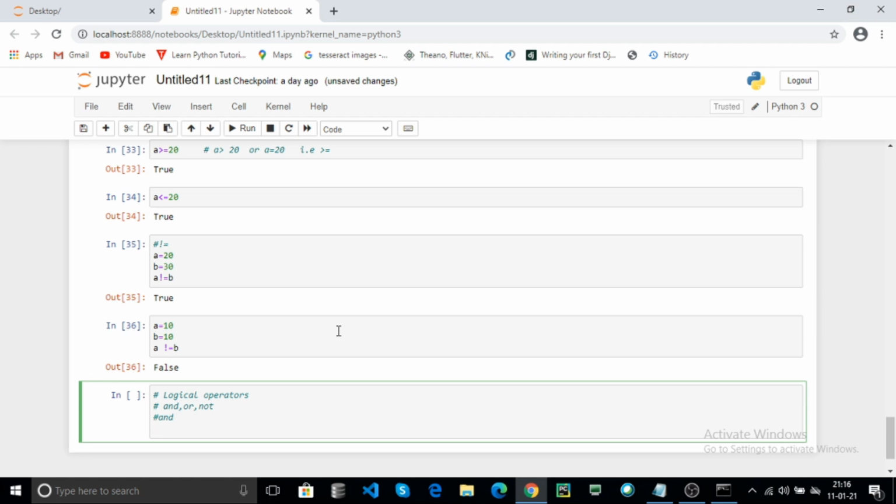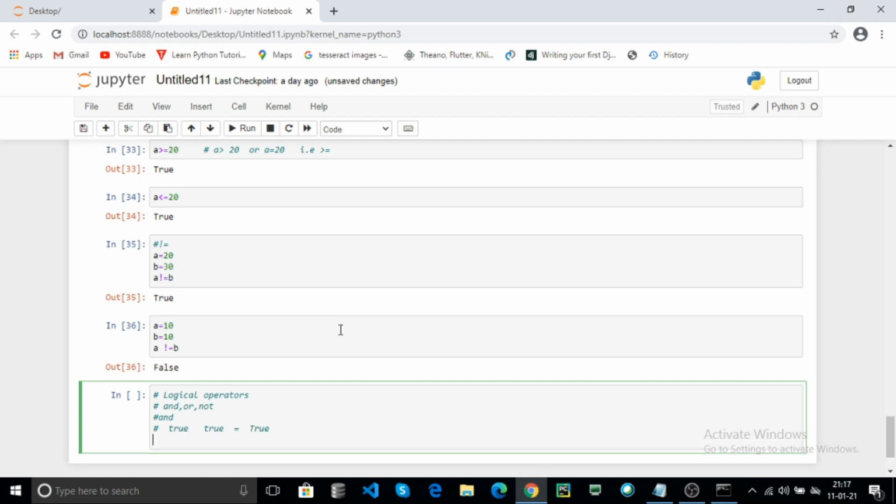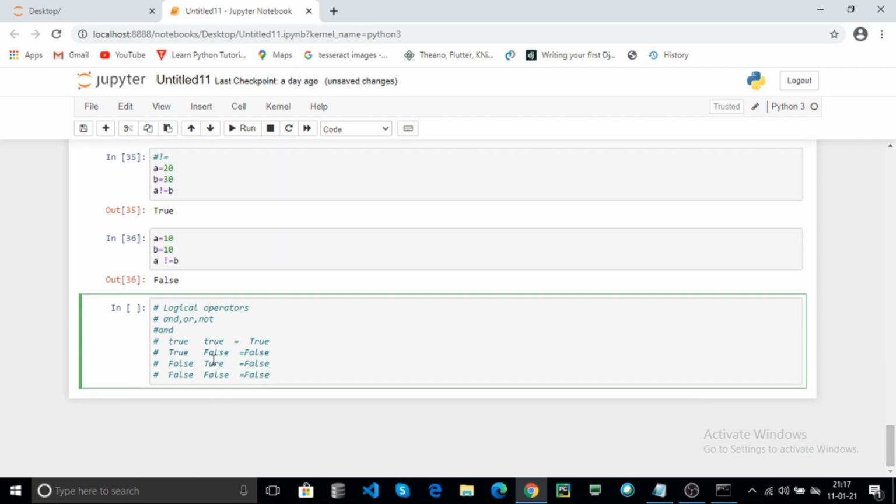A few points to remember: here, if any one condition is false, then it returns false.